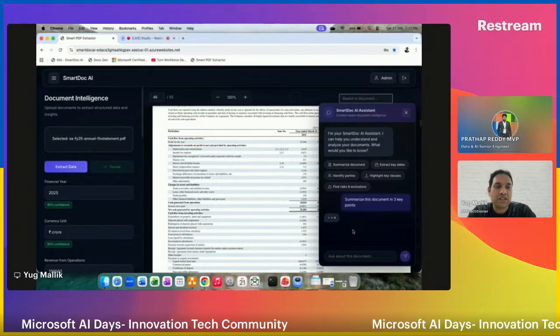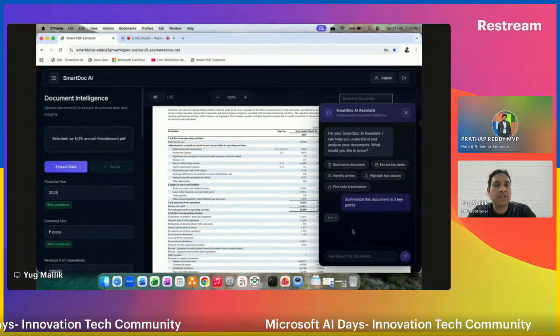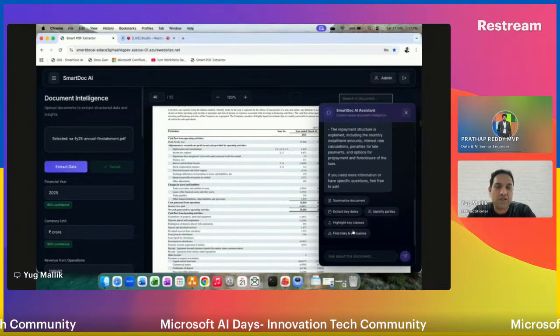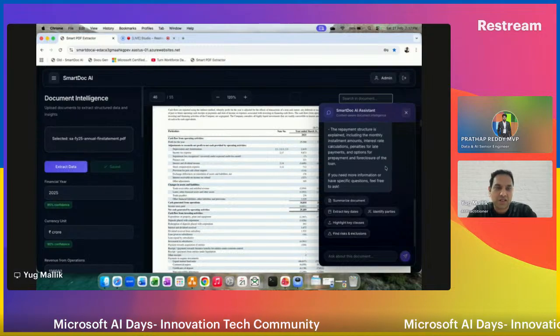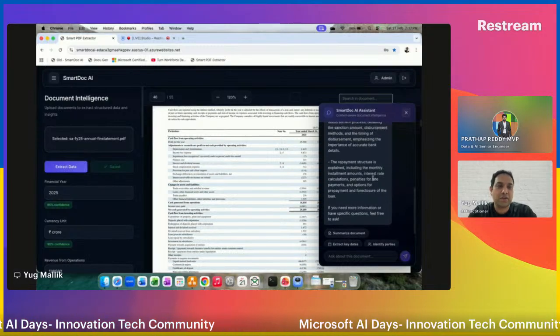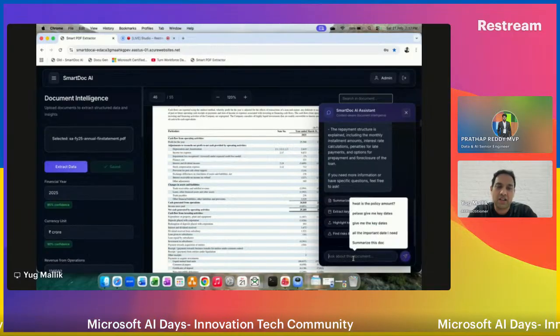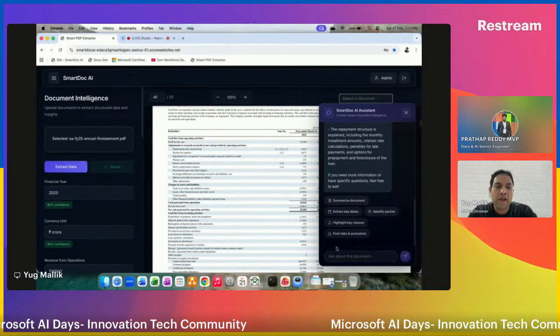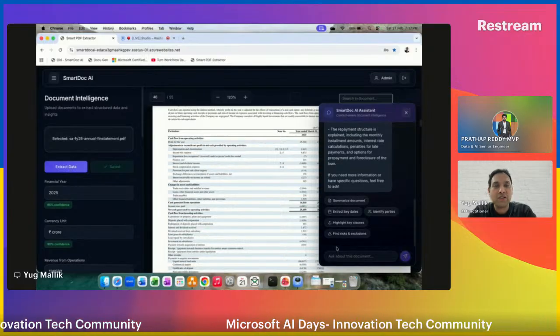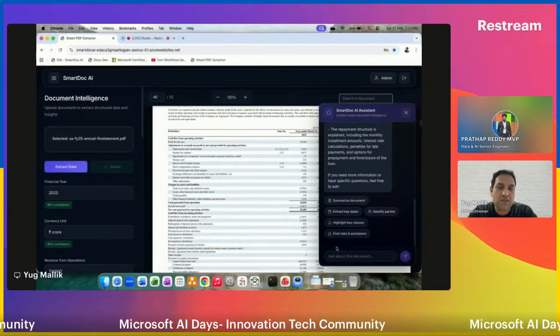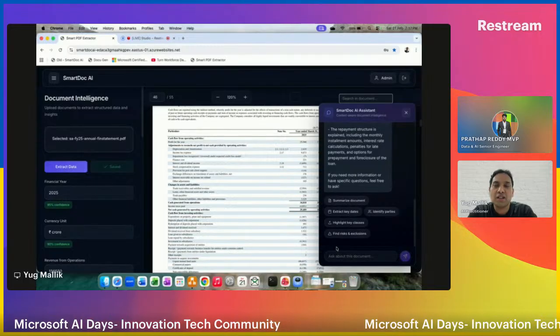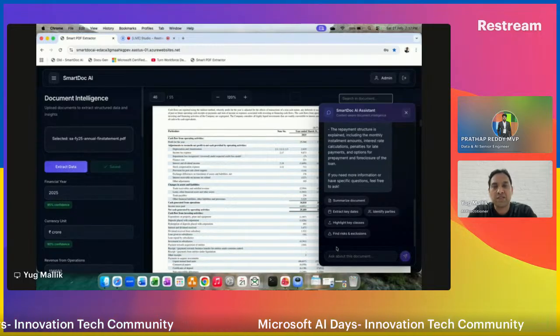Let's say I'm just asking to summarize the document, so it is only giving information from this document, not anywhere else, right? If you want to ask any specific questions, it can answer right here, without even spending more time manually going through the document again. Rather, with a quick Q&A, you can get the relevant information as you needed.